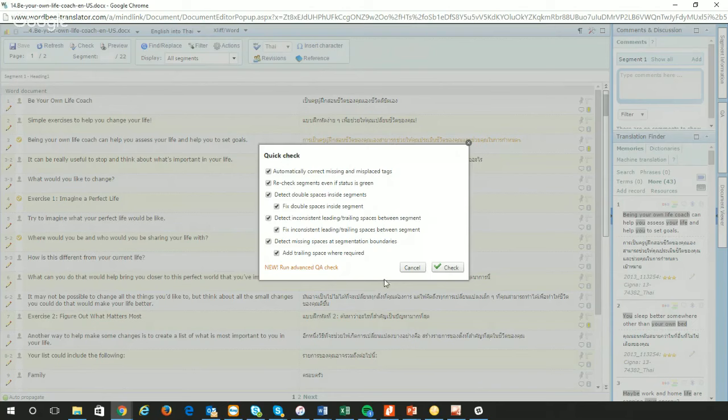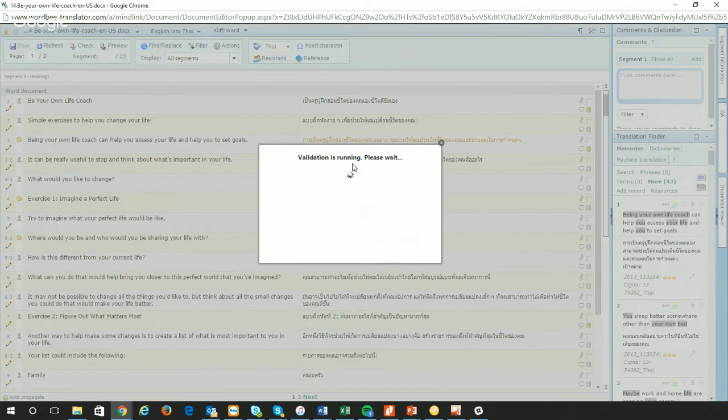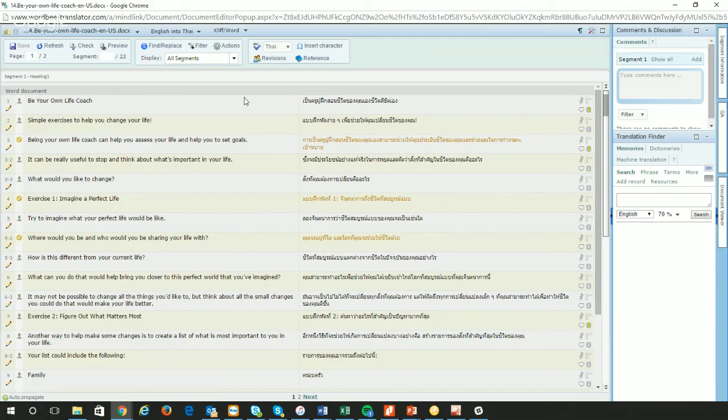And the nice thing too with this check is it'll tell you if there was something missing, because that comes up a lot, where there's a missing translation. And so the nice thing is if you know right away there's something missing, you can just send it back to the translator and not start your proofreading until you know it's all been done. In this case, no errors were found, which is great. I would hope that would say that. But that would be the first step I would take, is run this check.